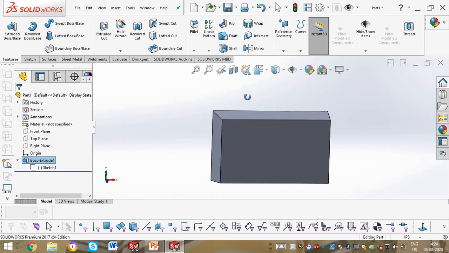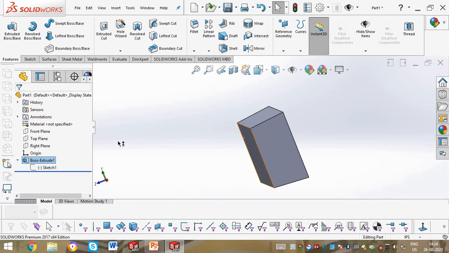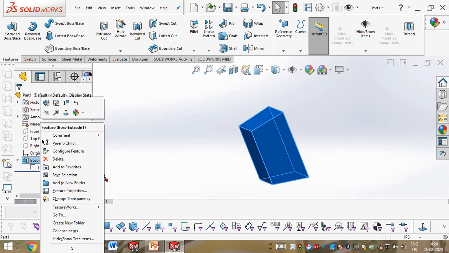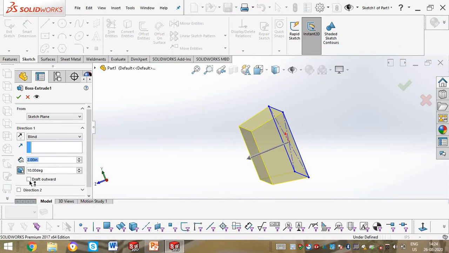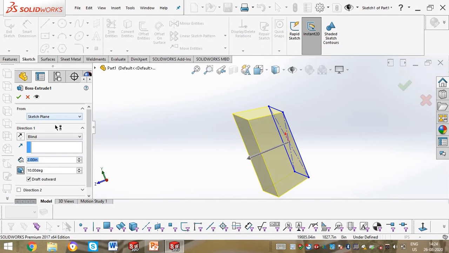Can you see that there is a slight variation in inclination in the projection? That is nothing but the cap end. It is inclined at the end. If I turn off the cap end or if I increase the draft angle, now you can feel this difference. With draft outwards, I have one more option. If it is on, it will draft outwards. Now I will turn off the draft, you can see this difference. Next we have up to vertex, that is up to a certain point as well.